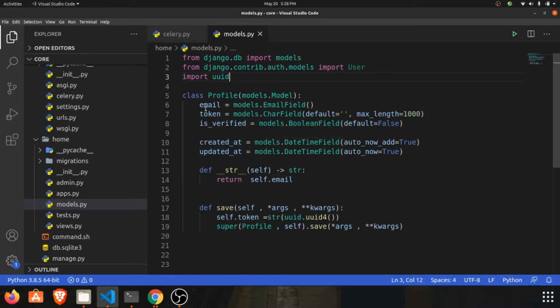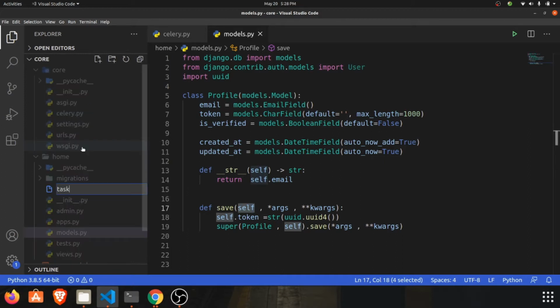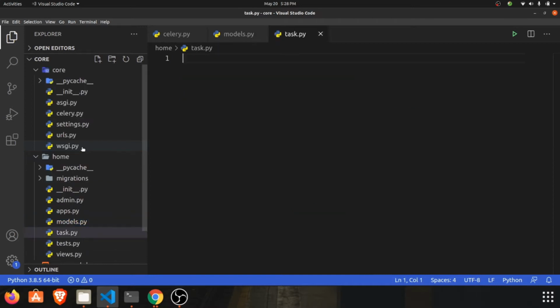For generating the token, I have used UUID, which generates a unique ID. I have overridden the save method, which will generate a UUID token once the model is saved.